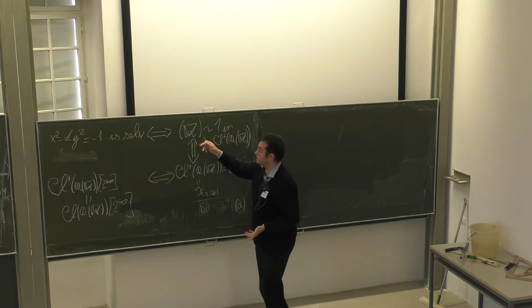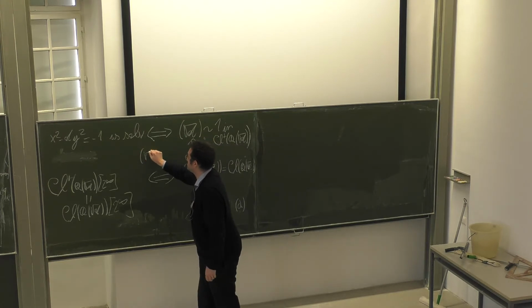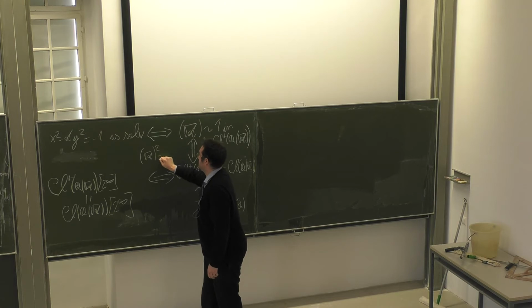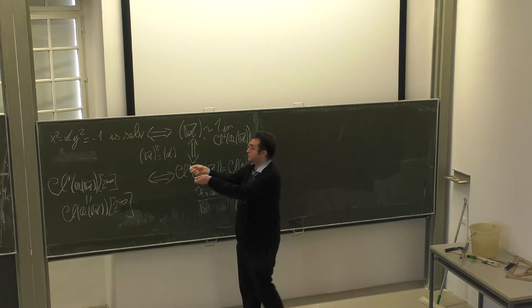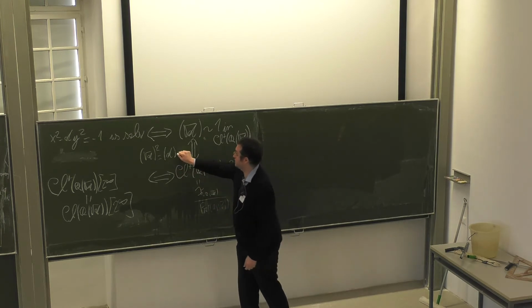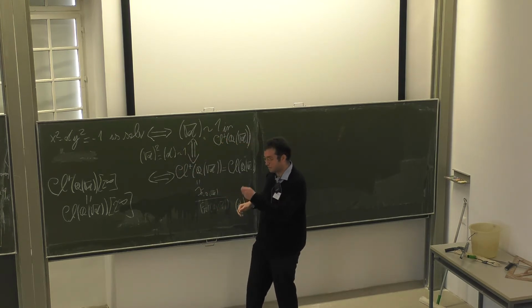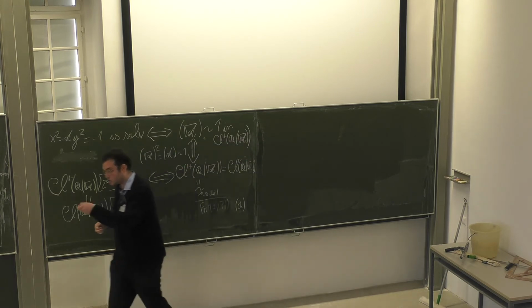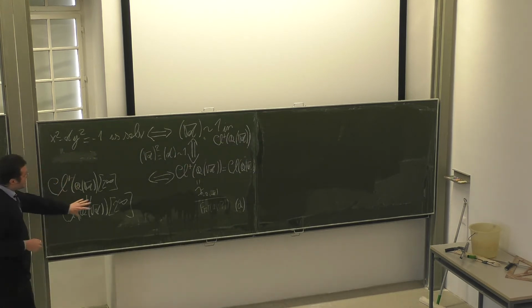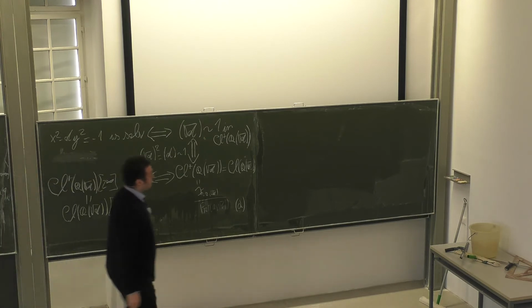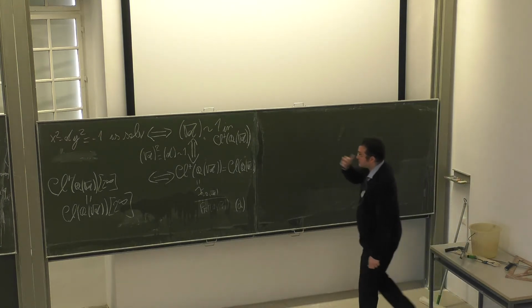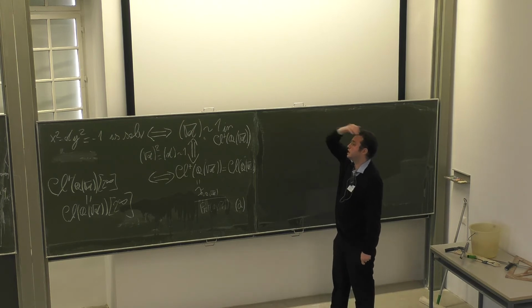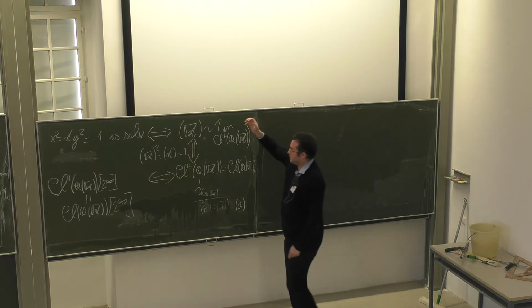The reason is that root D is 2-torsion. So root D squared is D, which is certainly totally positive. D is D in both embeddings, which is a positive number. So this is trivial. That means these two groups differ by an element of order at most 2. So the only thing that matters is the 2 part. The odd part doesn't play any role. Okay, very good. So that's the connection, but how are you going to use this connection to prove